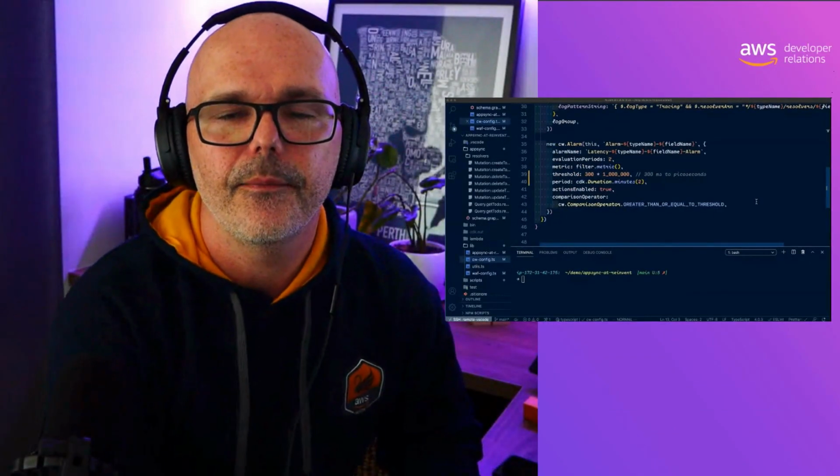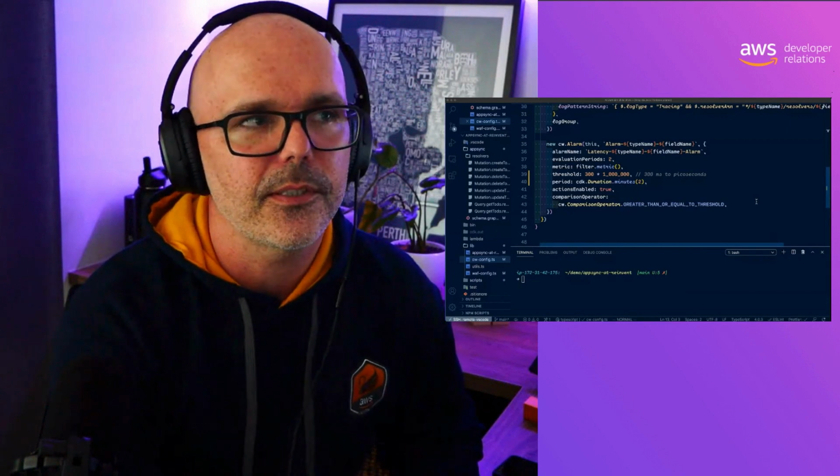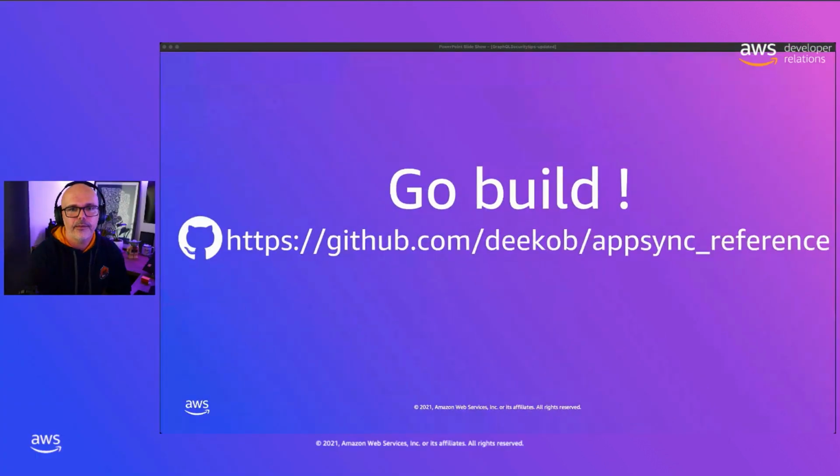So that's the code for AppSync. So what's next? What else can I show you? Let's make this big again. So here is the actual code for that demo. It's in my GitHub repo, so feel free to pull it down and have a play with it. It will deploy into your AWS account, and you can use it to set up your own CDK stack to deploy your AWS AppSync instance and the various other services that I've discussed that will enable you to improve your security, observability, monitoring, and performance of your GraphQL API in production.